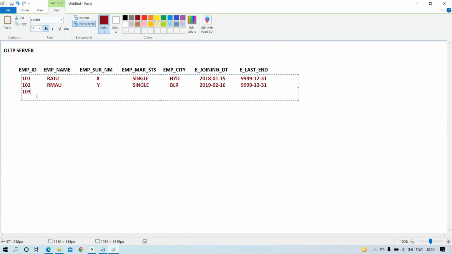103, and the employee's name, Suresh, I'll give. So XYZ, and married, I'll give, as both are from Chennai. And I said, what? The location is